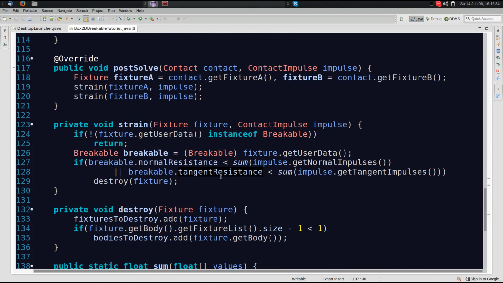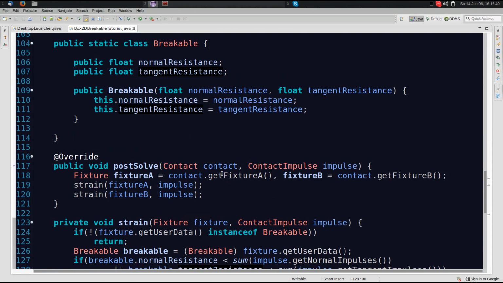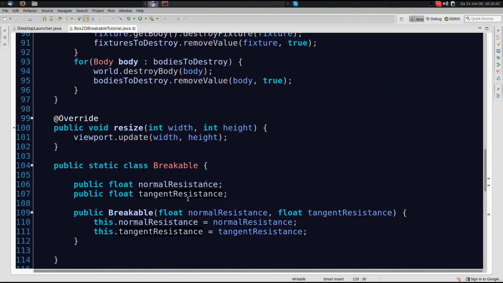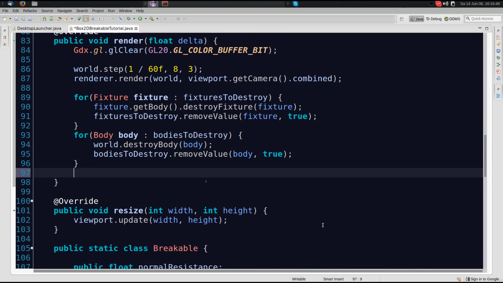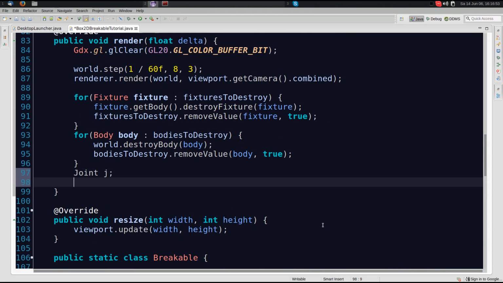They don't just apply their force on collision, so we can't use a contact listener. We would actually have to go into the render method and check this every time. So let's say you set up some stuff where you want to check it, and then you have this joint called J. You could say J dot